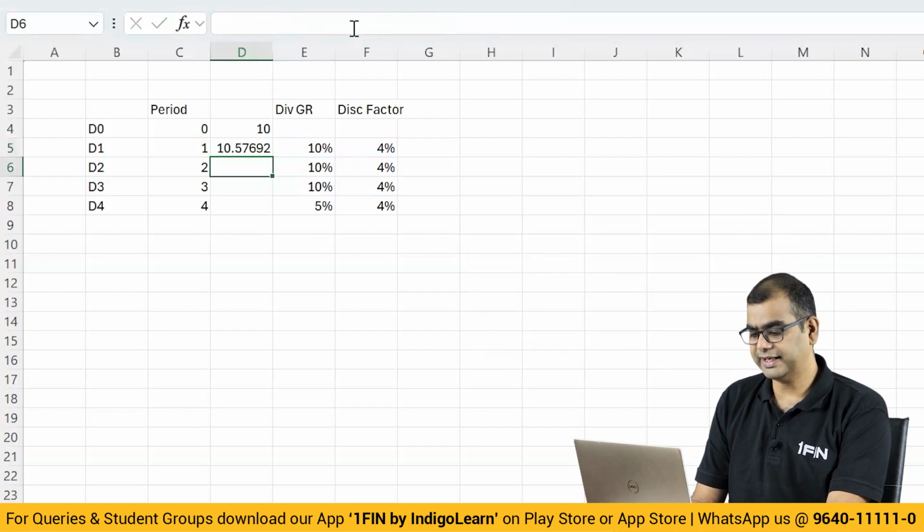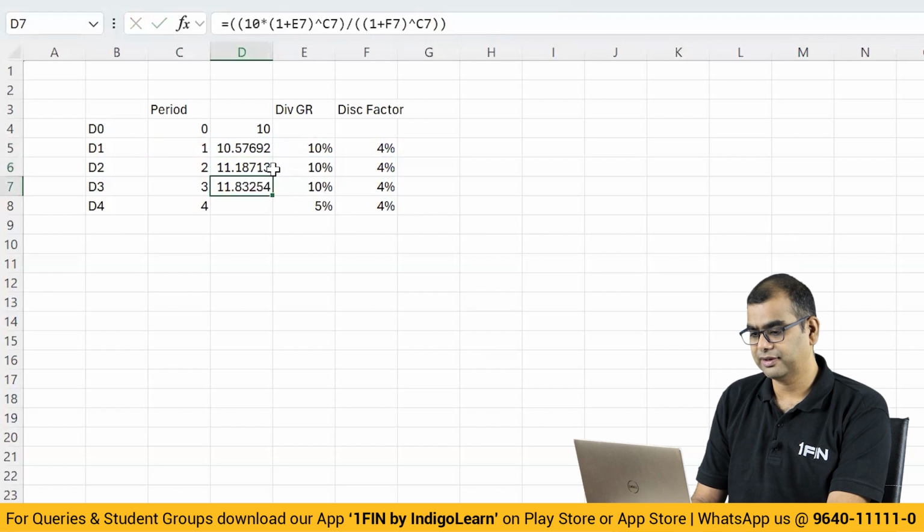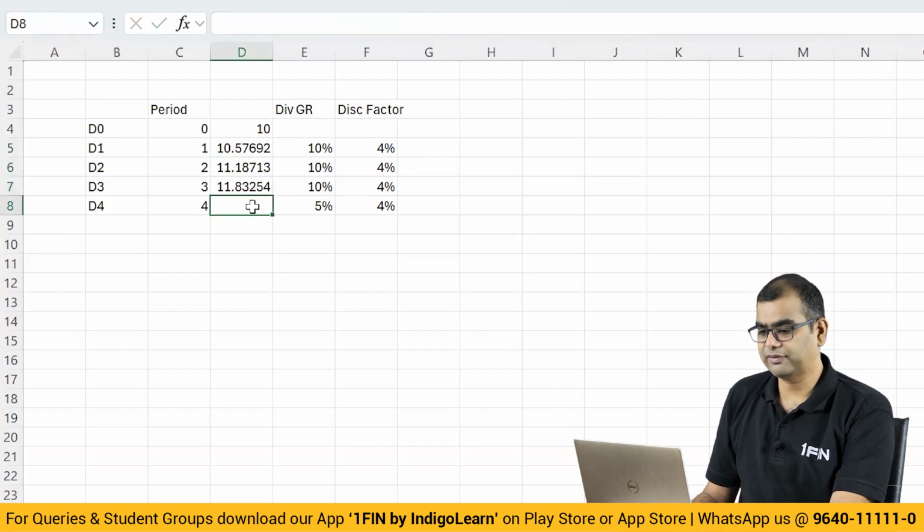$10.57692. Second year, the dividend will be $1.1 whole square divided by 1.04 whole square. Third year, 11.83, which is 1.10 into 1.1 whole cube divided by 1.04 whole cube. In the fourth year, what you will get is